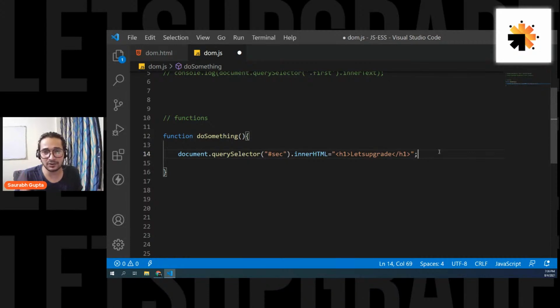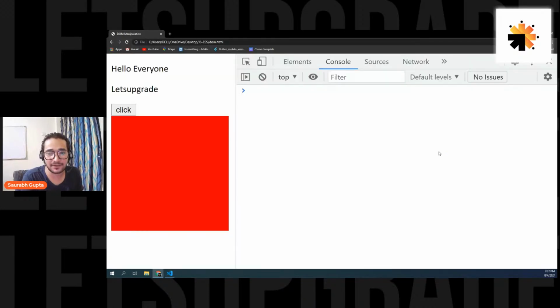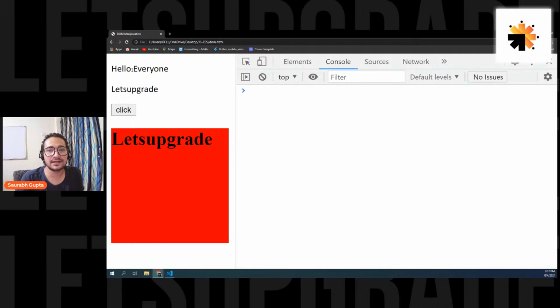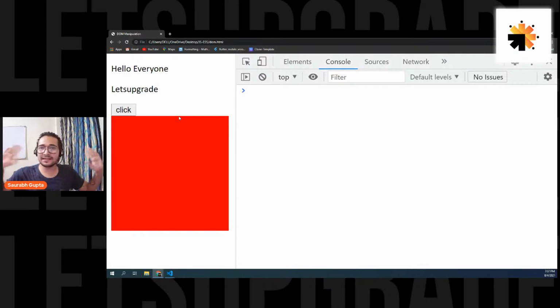So guys, see, I moved my code of putting h1 in my sec element inside the function. That means now see what will happen. Now if I click on this button, here we go. Do you guys see that, everyone? Everyone, are we understanding? Now I can simply put the content on click of a button dynamically. Now I'm not doing anything in the code.